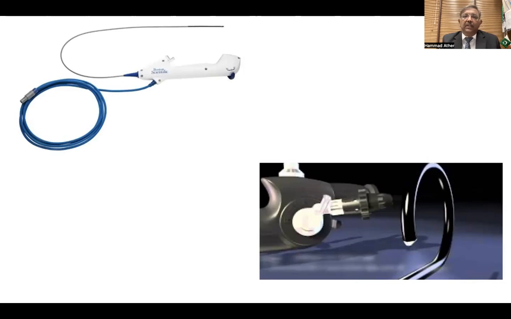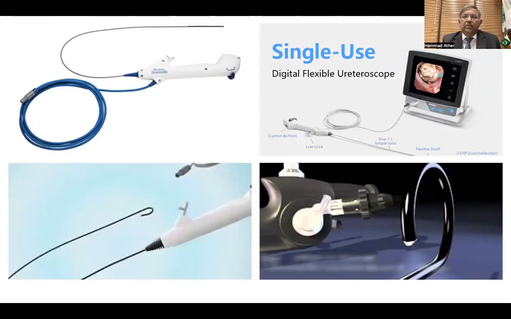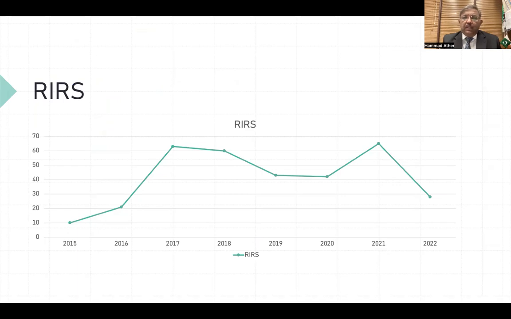The Boston Scientific LithoView was also introduced, but it didn't gain much ground because of its cost. The single-use Chinese flexible ureteroscopes like Pusen, and subsequently OTU and some of the other varieties, really made a huge difference and an impact on the use of flexible ureteroscopy all around Pakistan, because of the cost factor. If you look at our own hospital data,